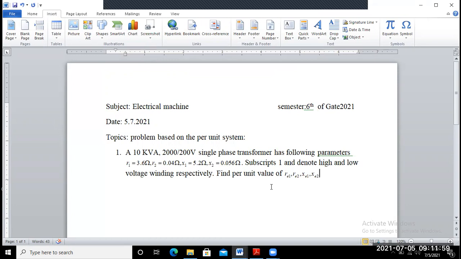Similarly Re2, the equivalent resistance referred to the low voltage side, and Xe1 and Xe2, the equivalent leakage reactances referred to the high voltage side and low voltage side. Okay, that means